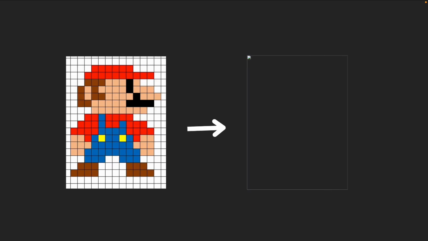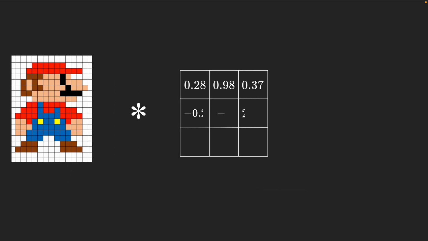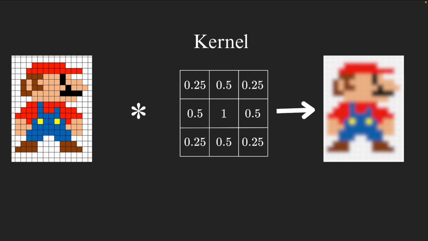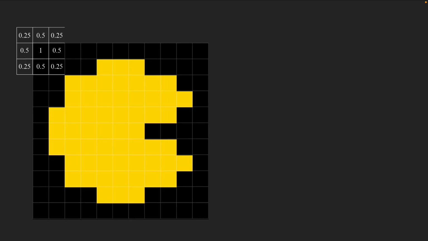But you can apply convolutions to images too, to transform them into other images. Instead of taking a convolution with a 1D set, we take a convolution with a 2D, almost like a matrix, which we call a kernel. As an example, let's apply this kernel to this image. This results in an image like this, which is called a Gaussian blur. As a simple example, let's apply a kernel to this Pac-Man drawing I made. We put our kernel